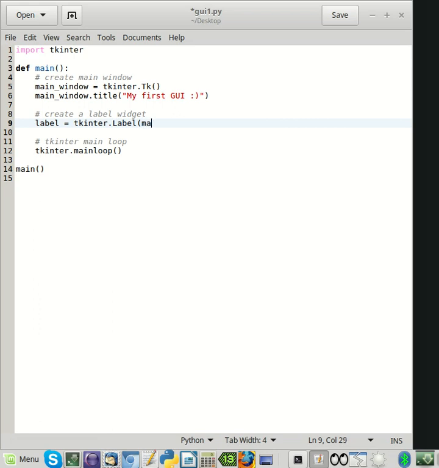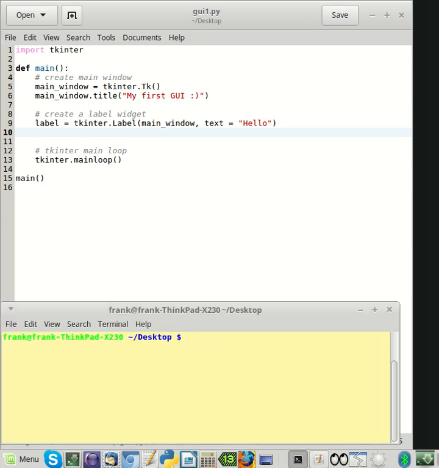main window, and we have to define the text. What the text on the label will be: hello. Or hello world, but I'm kind of sick of this hello world, just hello. Okay, now let's see, nothing is going to happen